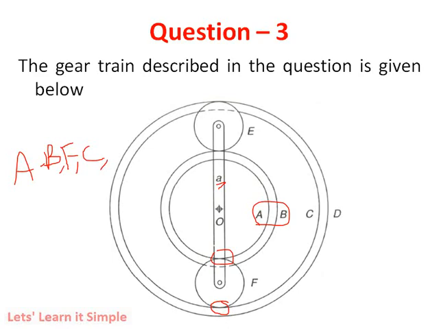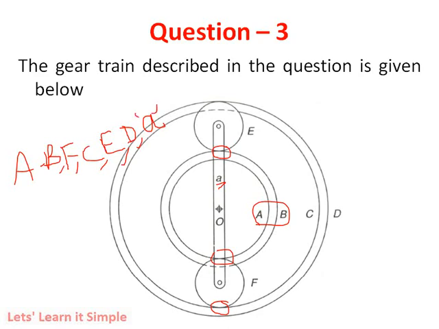Now another wheel of the compound pair, that is gear B, if you observe carefully, is in direct mesh with gear E. Gear B is in direct mesh with gear E. This constitutes the next element. This E in turn meshes with the outermost element, that is gear D. And of course we have an arm. Usually the arm is denoted with the lowercase a.